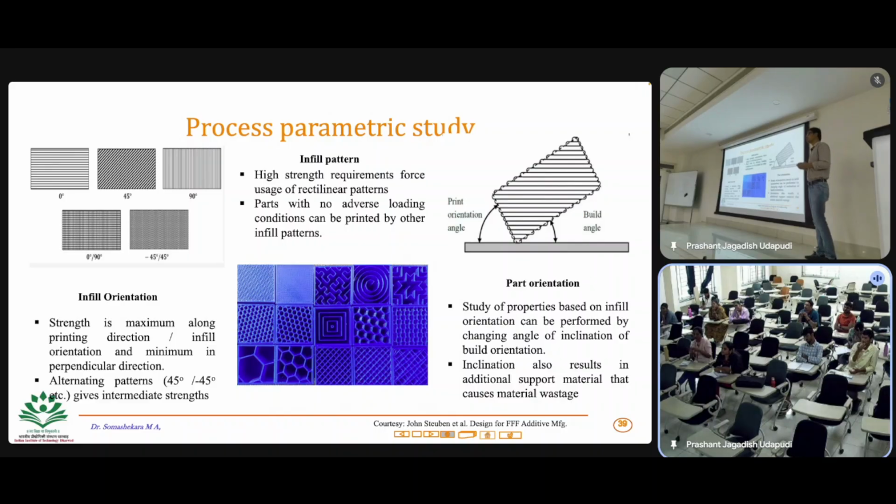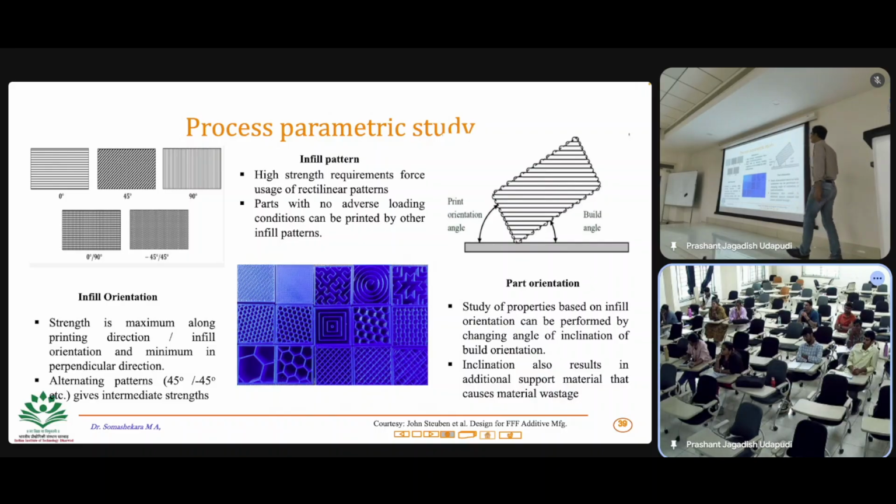Because sometimes you need to have better properties in the x and y direction, right? Or you may need to have better properties in the y direction. You will not be able to compromise on that, right? You need to question: do I really need to vary the orientation, or is it okay? But mostly, that is the first fundamental concept in this case: we need to see how to